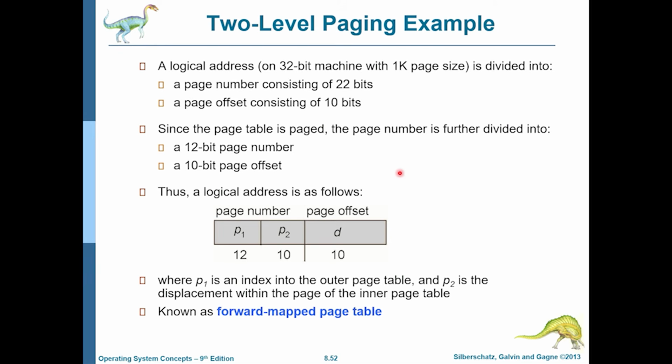That way, as we will see, we can have far fewer page table entries, because now the number of bits for the inner page table is only 10. So we would not have so many inner page tables. It is only the ones that the outer page table chooses to map. Only those are the ones that would have the inner page table entries. This is usually called a forward mapped page table, because we first go to the outer page table, then we go to the inner page table, and then we go to the page.